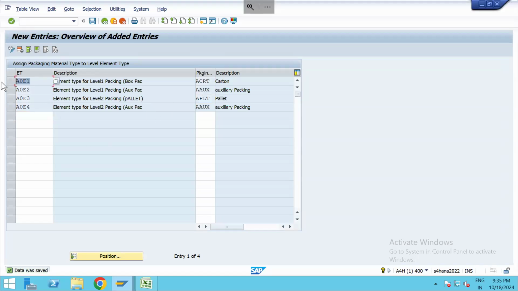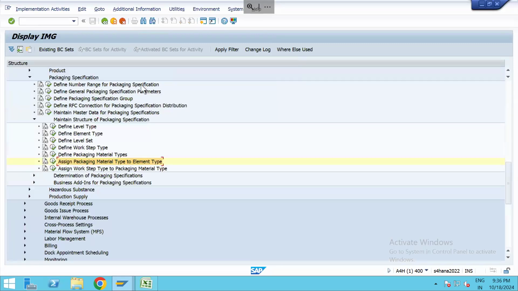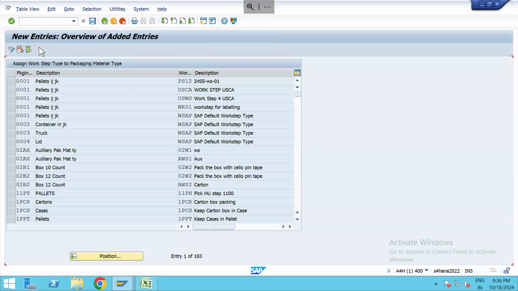That means whenever I am going to create any element in packaging specification using this element type, it is only going to allow me to select those packaging materials which are linked with this packaging material type. Okay, that is what it means. Come back. Now we have to assign work step to packaging material type. That means which work step type is permissible to be applied on which packaging material type. So here you will see